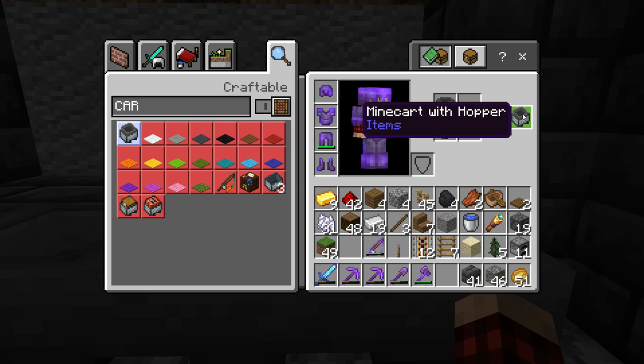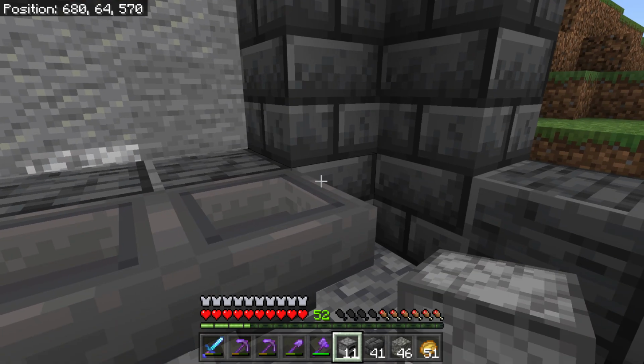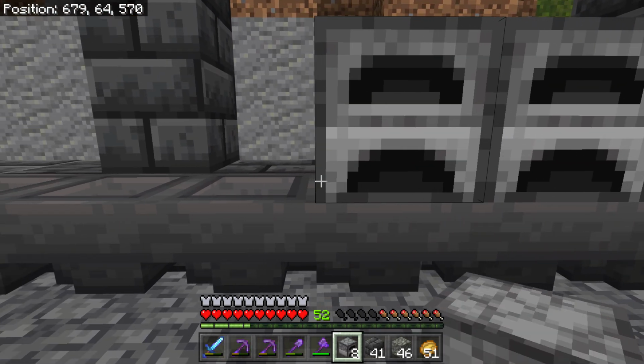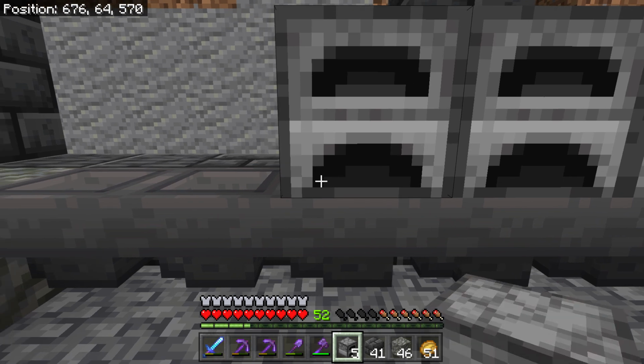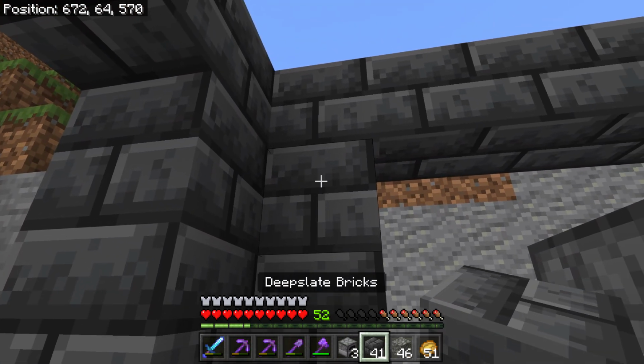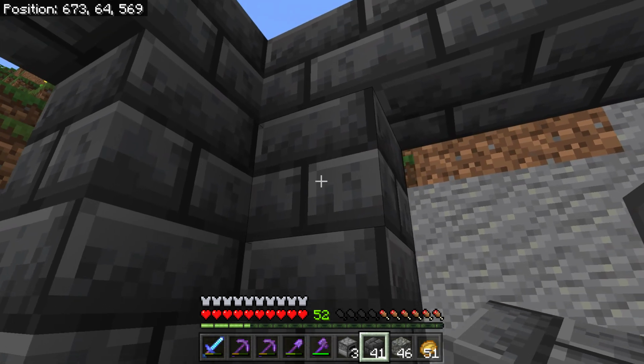Here, let's combine this. We'll get an inventory slot. We have to do it anyway. Then we'll go like this. Okay. So we're going to do 1, 2, 3, 4, 5, 6, 7, 8, just like so. Okay. And then we will go,